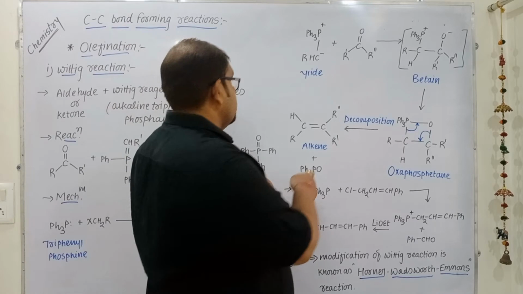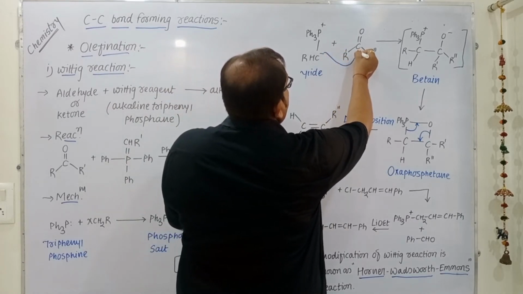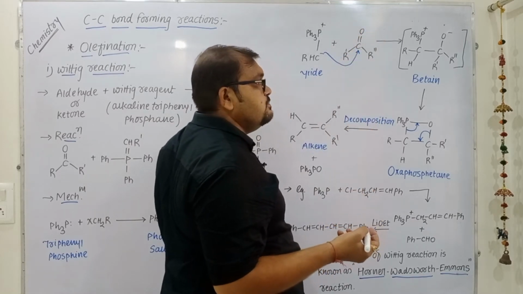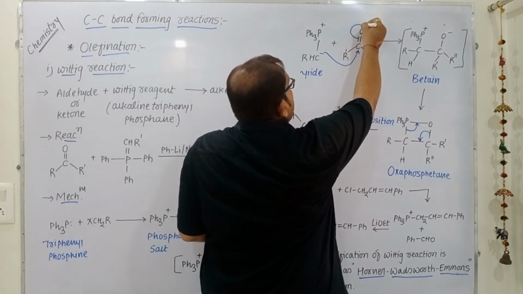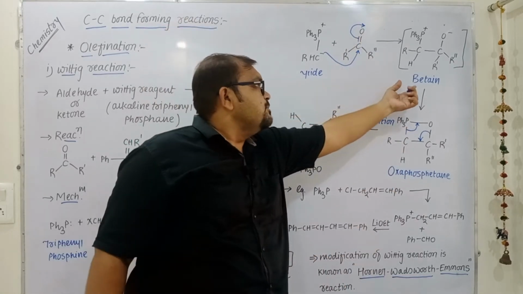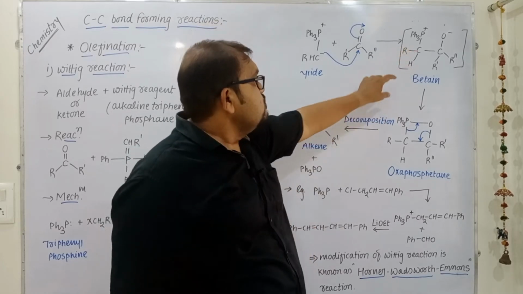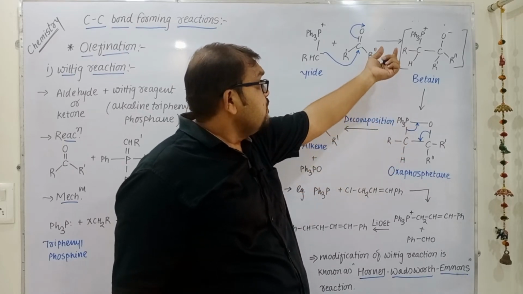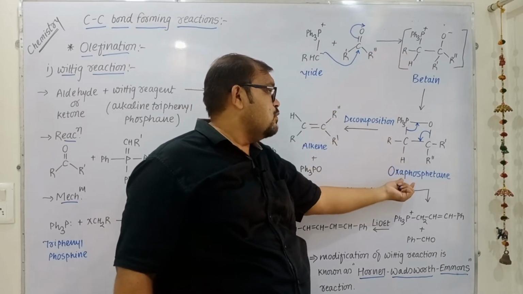How? We can see here that this negatively charged carbon will attack over carbonyl carbon. We know that carbonyl carbon is partially positive. So this pi bonding electron will be shifted over oxygen, and oxygen will get negative charge, and we will get betaine intermediate. As we can see the structure of betaine intermediate. Now this betaine intermediate will undergo bond formation between this positively charged phosphorus and negatively charged oxygen to give oxaphosphetane